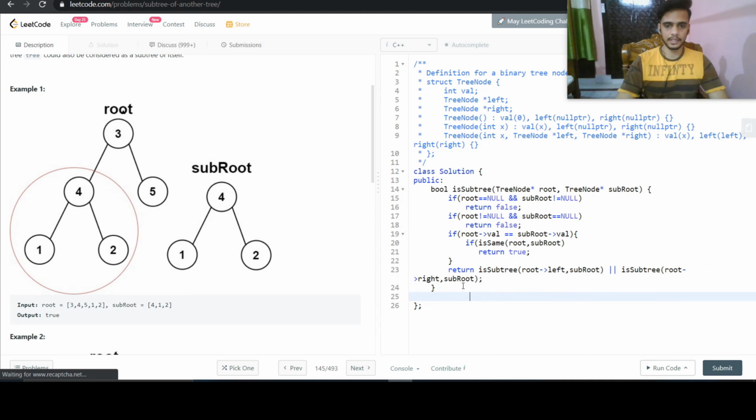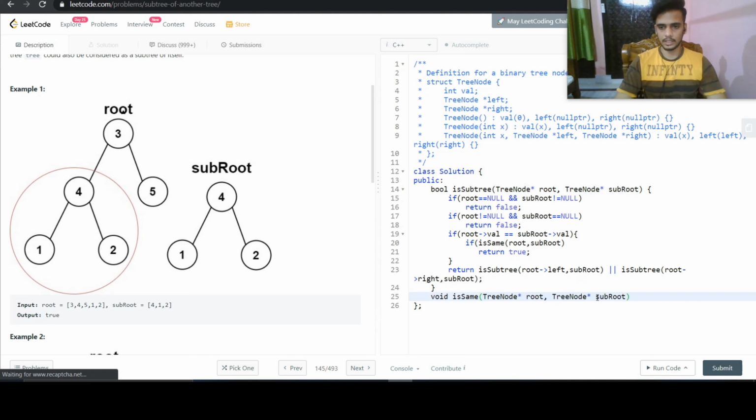And let's define our is same function also. Void is same, and we are taking two parameters.